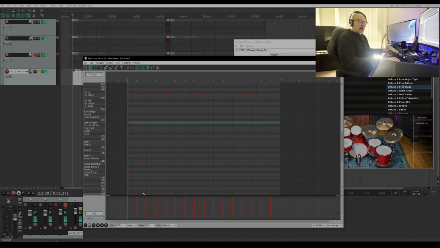So at the start, we don't want that first hit on the hi-hat there. We've got a hit on the drum and the cymbal, and then just a hi-hat going along. Now the hi-hat is what keeps everyone in time. Then we're going to alternate